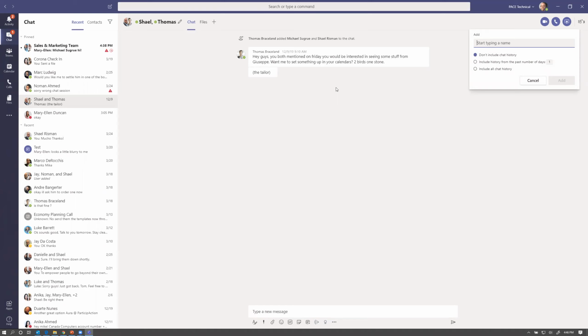Now, once I have two people already established, and I want to add a third, it gives me some options. So first off, I could just start typing a name and add someone in, but I have the option to either not include any of the previous chat history that we had, just in case there was something sensitive that I don't want the new person to see, or maybe there is some information, let's say within the last day or number of days, that I would like this person to see because it is pertinent to the conversation, or maybe it's important enough that I just want to include this person now into all the conversations that me and the other person have been having in the past.